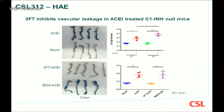Here we're looking in animals that have a knockout of the C1 inhibitor gene. These animals are really prone to vascular permeability and vasodilation. That can be enhanced using an angiotensin converting enzyme inhibitor, because it's angiotensin converting enzyme that breaks down bradykinin. So if you add that into the system, you increase the half-life of bradykinin and you get increased vasodilation. To cut a long story short, you can see that in these animals there's a basal level of Evans blue leakage out into the colon. If you add in 3F7, you can completely block the release of dye into the colon. And if you use a control antibody, BM4, then you don't have any effect. So again, really nice